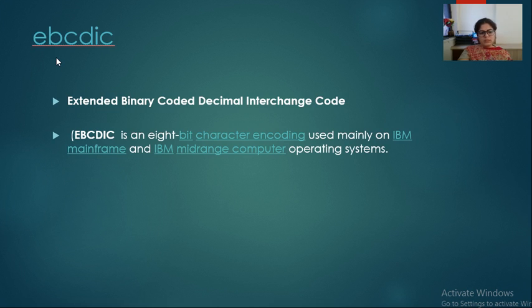The full form is Extended Binary Coded Decimal Interchange Code. EBCDIC code is an 8-bit code. As it is an 8-bit code, it has a total of 2 raised to power 8 combinations. It is most commonly used in IBM computers, mainframe computers. These are the computers which can handle very heavy load and which operate at a very fast rate.